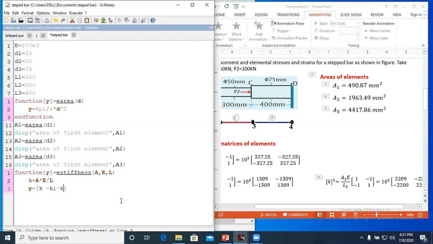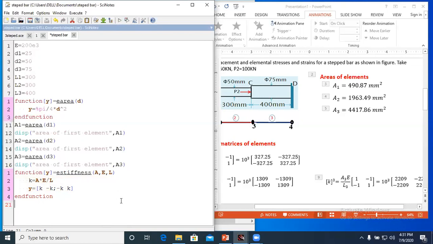Now it is minus k and the last element is k. Next I will end the function. Okay.